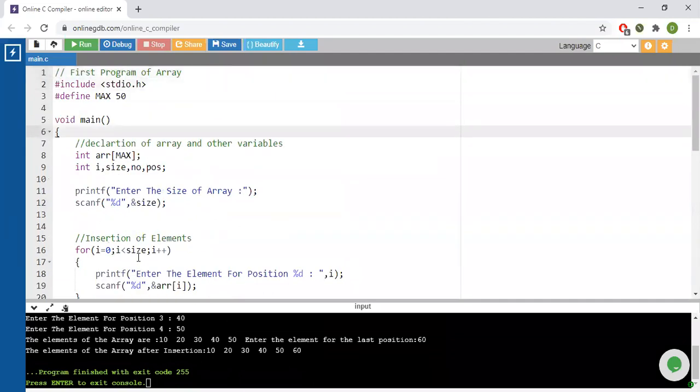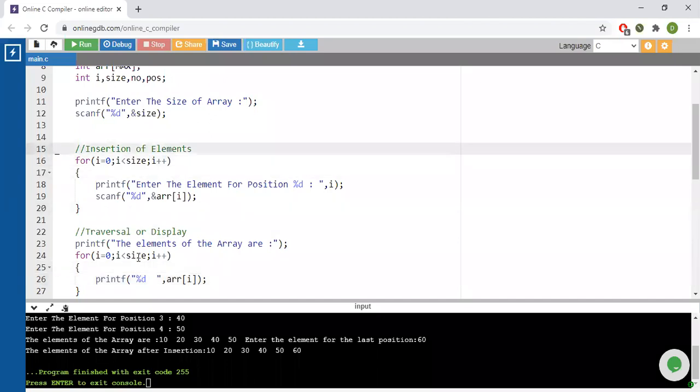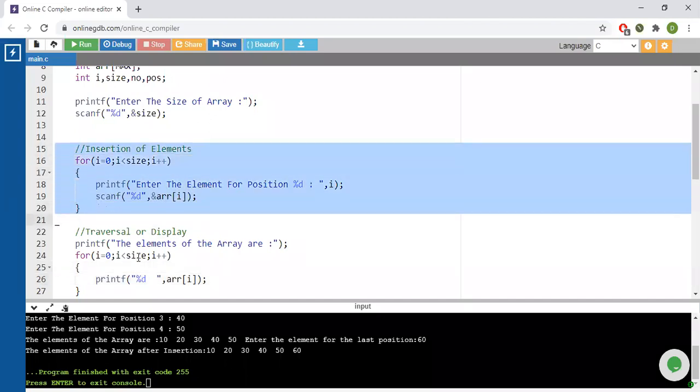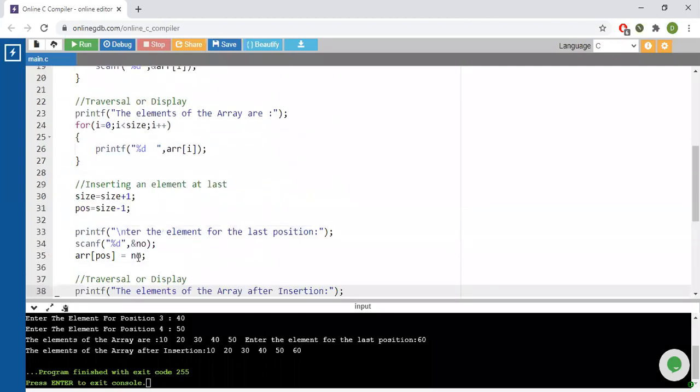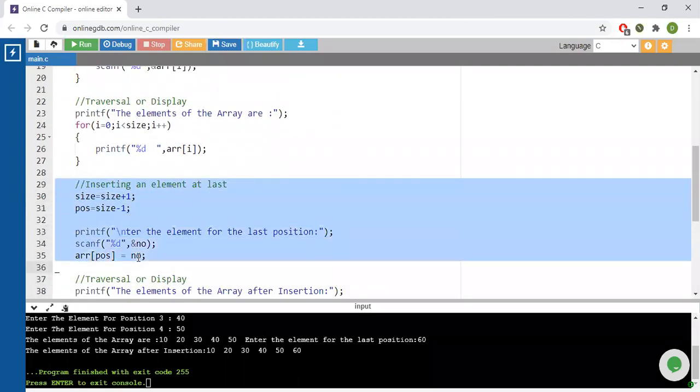Now in this code, what we have to append is what if the user wants to add some element in between. That is insertion in between. So insertion can be possible in multiple ways. If you want to insert all the elements together, that is one insertion. If you want to insert an element at the last, that is one insertion, or you want to insert an element somewhere in between.